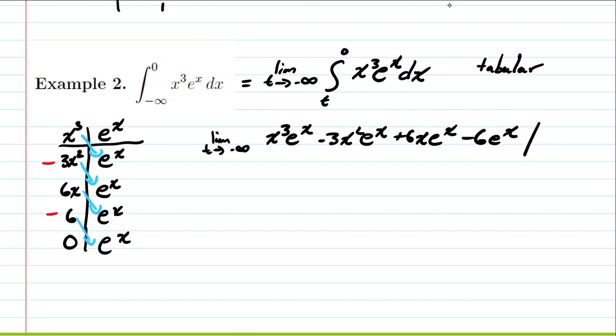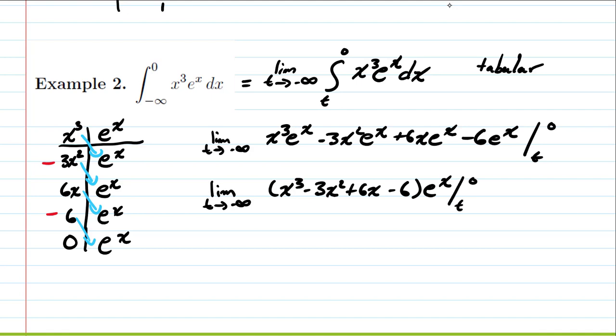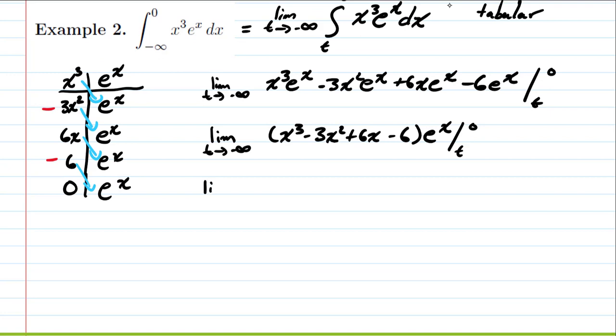And we need to evaluate that from t to 0. So the first thing I'm going to do is factor this, because I have a common factor of e to the x in all of them. So I have x cubed minus 3x squared plus 6x minus 6 times e to the x, and I'm going to evaluate that from t to 0. So I have the limit as t goes to negative infinity. When I plug in 0, I'm going to get 0 cubed minus 3 times 0 plus 6 times 0 minus 6 times e to the 0